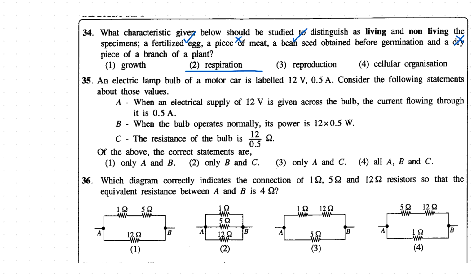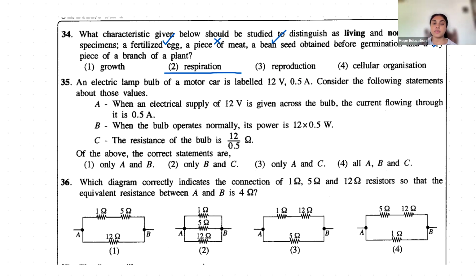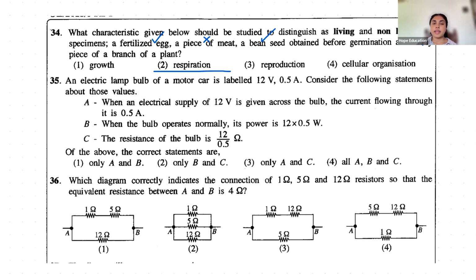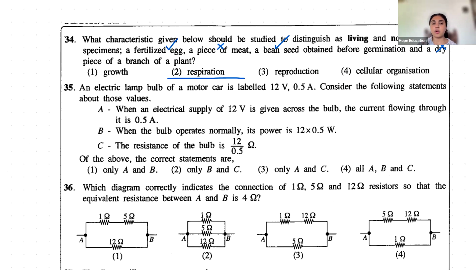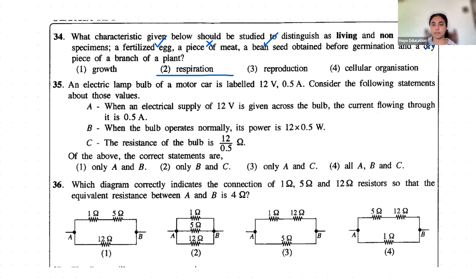Okay. An electric lamp bulb of a motor car is labeled 12 volts, 0.5 amperes. Consider the following statements about those values. When an electrical supply of 12 volts is given across the bulb, the current flowing. Okay. So this is what we know. Voltage එක තියෙනවා, current එක තියෙනවා. Right? එහෙනම්